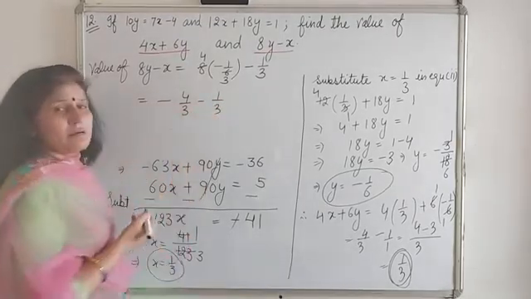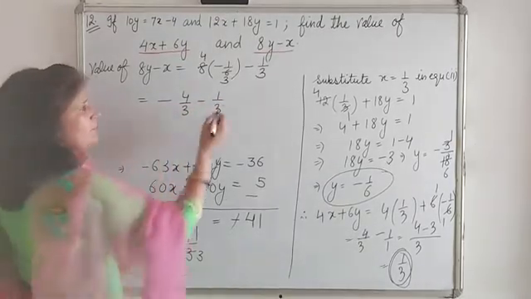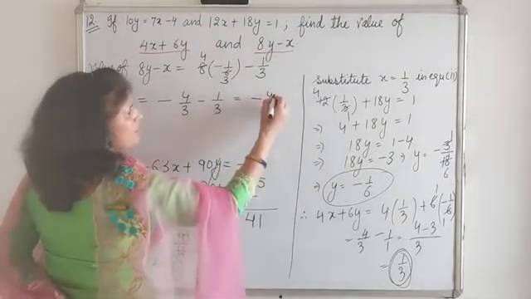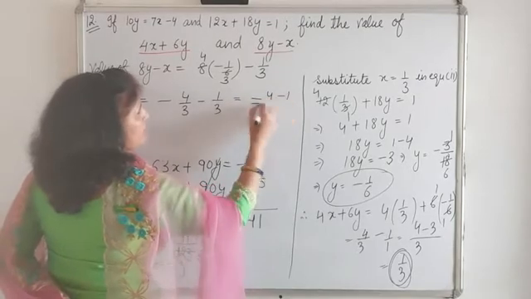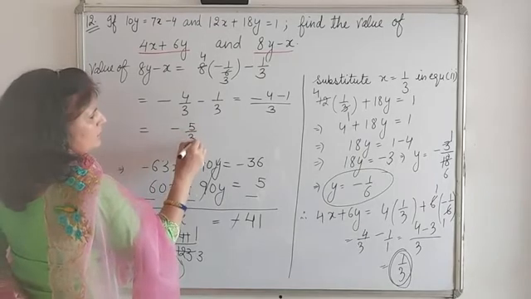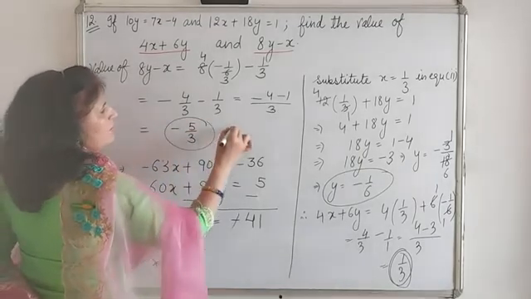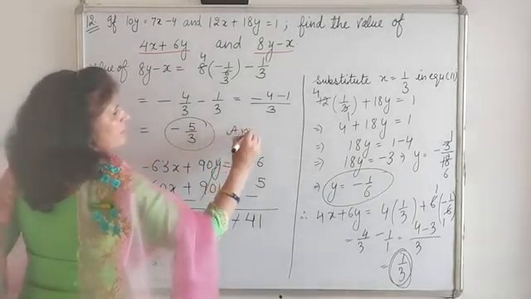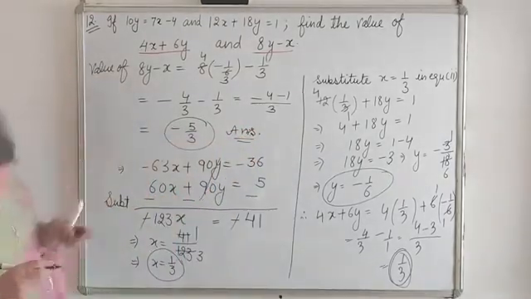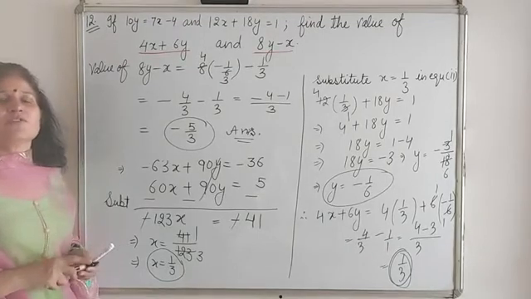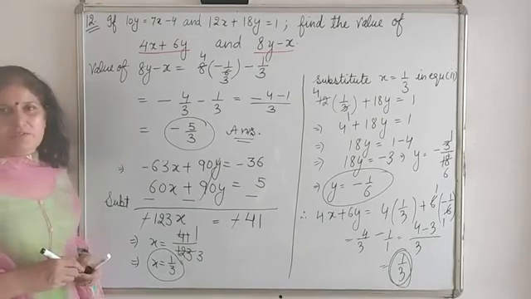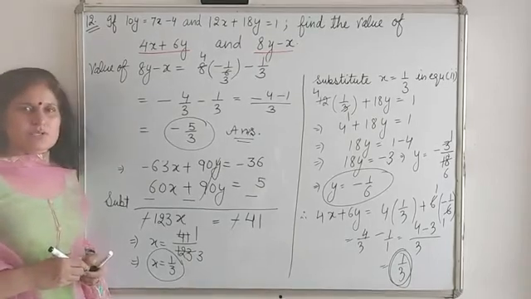They both are like fractions. We can add and subtract. Both are minus, so minus 4 plus 1. Otherwise, like this you can write, and in the next step you can make them together. And this is the value of the second part. Okay, so here I tell you two equations are given. First of all you have to find the values of x and y. Then substitute those values to find the further values, and this is the solution.